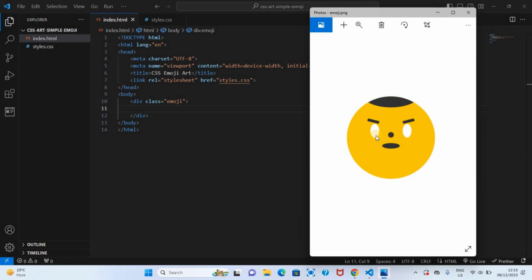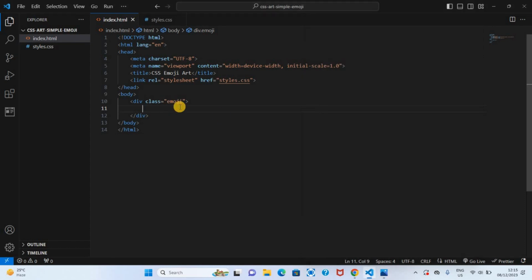When you look at this emoji critically, you can see it has a head, it has hair, this is eyebrows, it has eyes, it has got nose, and it has got mouth. So we are going to create classes based on those features that the emoji has. So our first one, we are going to create a div class for hair. So we shall write a div and give it a class of hair, and then it has a face, so